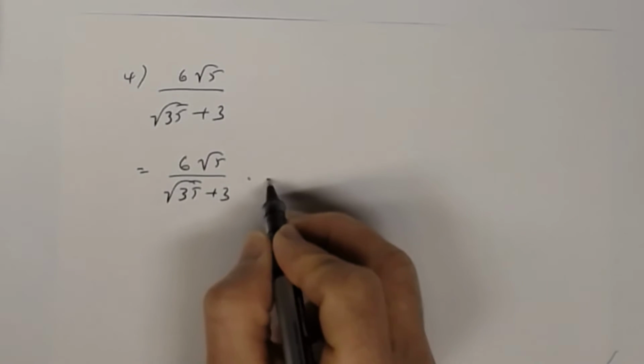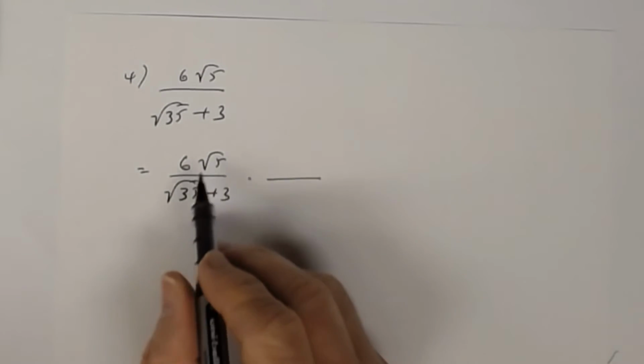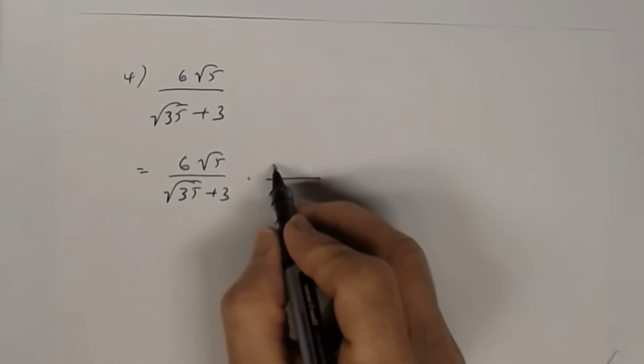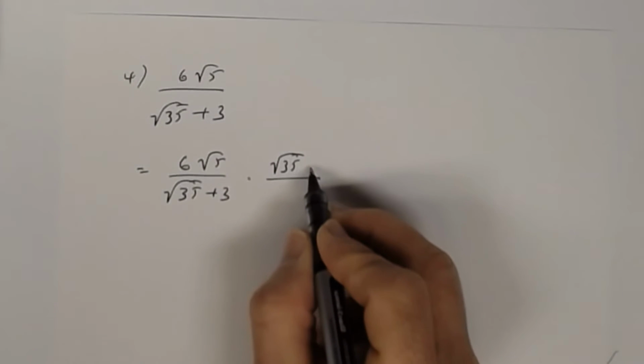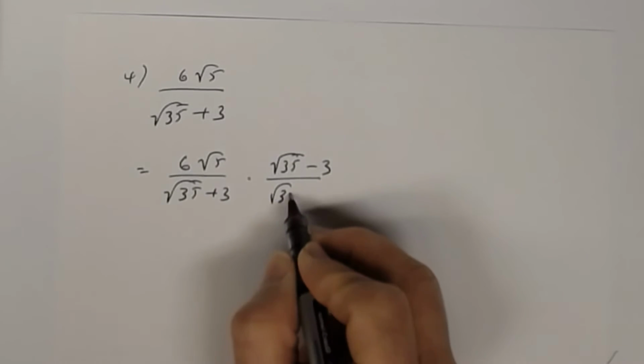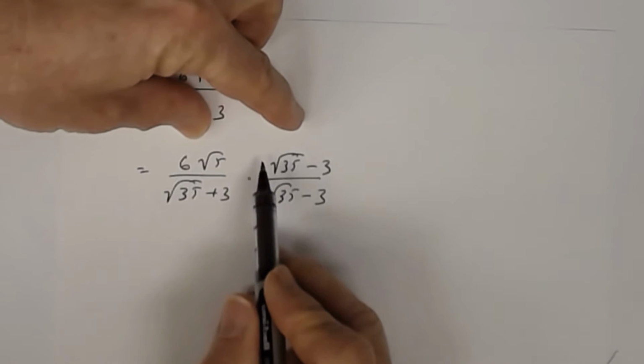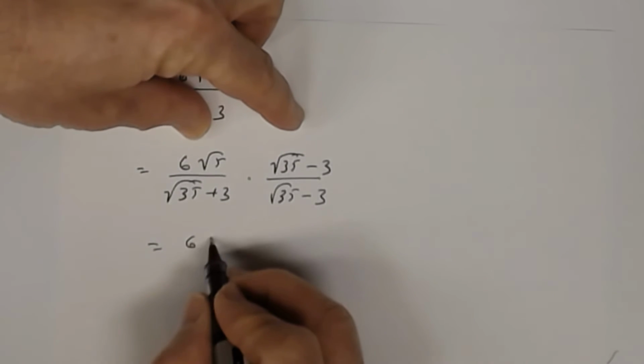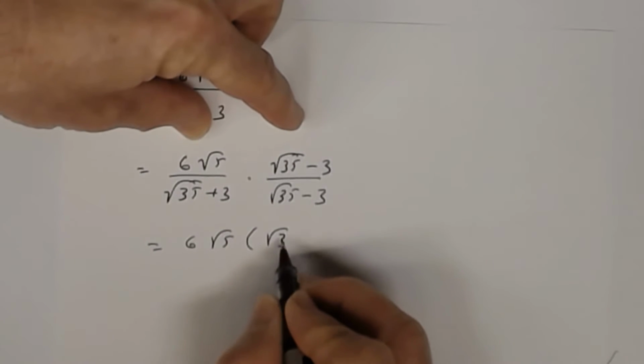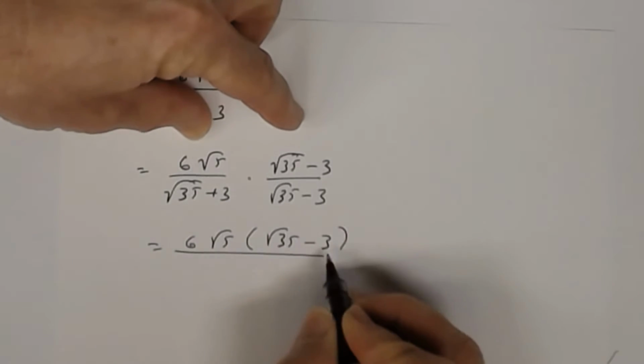All right, so I'll multiply both numerator and denominator by the conjugate of the denominator. The conjugate of the denominator is the square root of 35 minus 3. Okay? All right, so then I get 6 square root of 5 times the square root of 35 minus 3 divided by, all right,